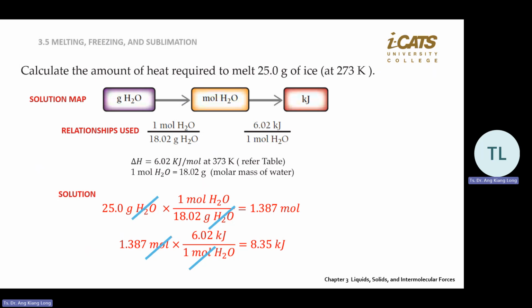This is mole H2O. You should write like this. So the first line is like this. You write number of mole of H2O equal 25.0 gram multiply 1 mole H2O divided by 18.02 gram, or you can write like this,